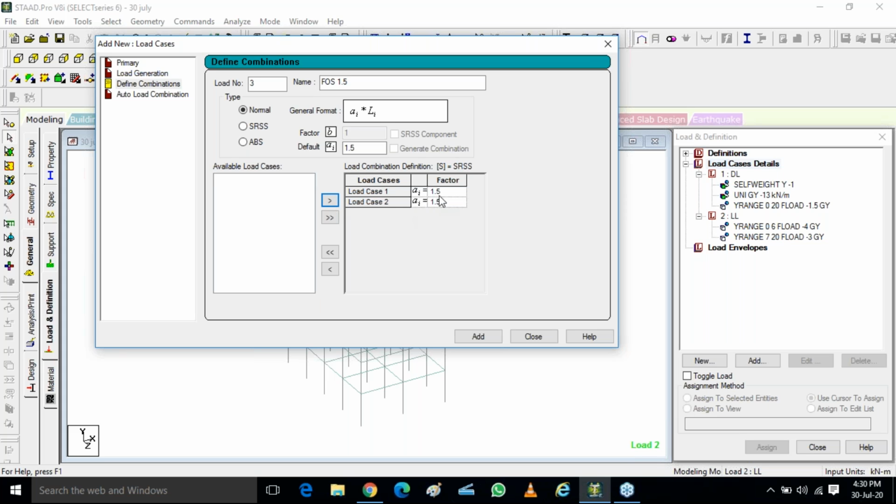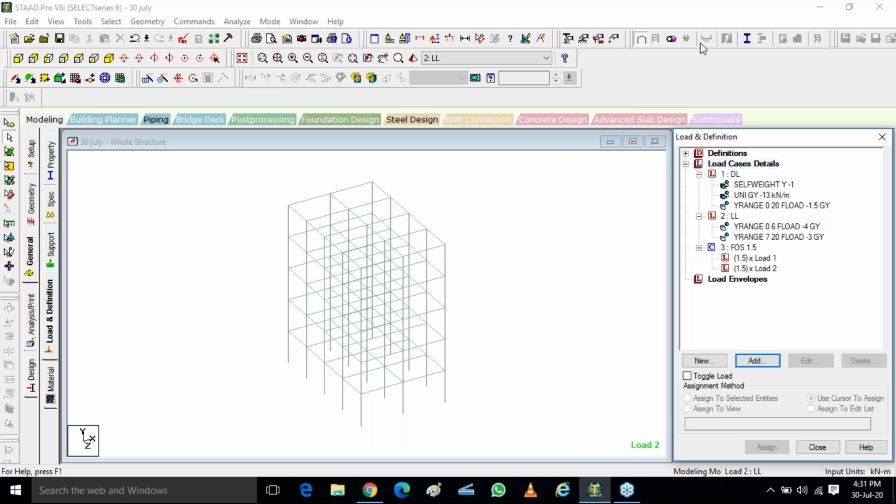So you can see A1 equals 1.5 for load case 1 and 2, and add. Once I add both of them, they will be added in this place. Now I'll close this, and at this place you can see the factor of safety will be there, in which the load combination works as load 1 into 1.5 plus load 2 into 1.5. Means all the reactions of these three loads plus all these live loads will be added.